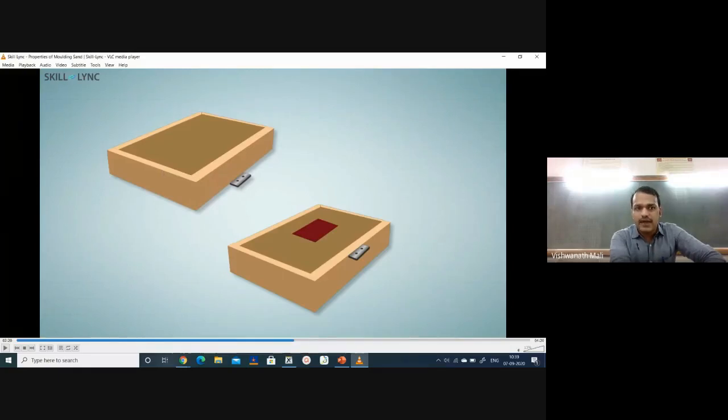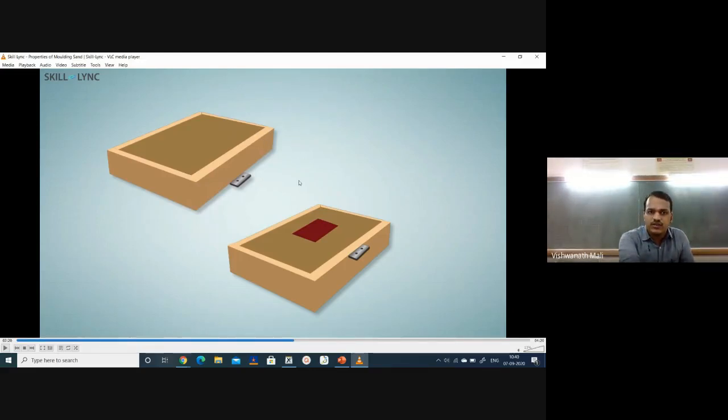When we ram it, whatever molding sand is there will stick to the molding wall. What is the molding wall? This cope and drag wall. So that we can handle it easily, and while handling, the mold we have prepared will not break. That is called adhesiveness. It adheres to the wall of our cope, because we are handling this.